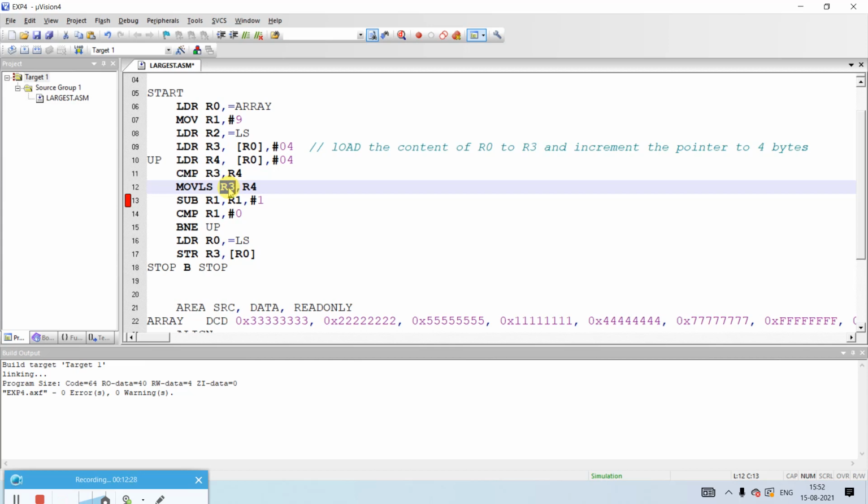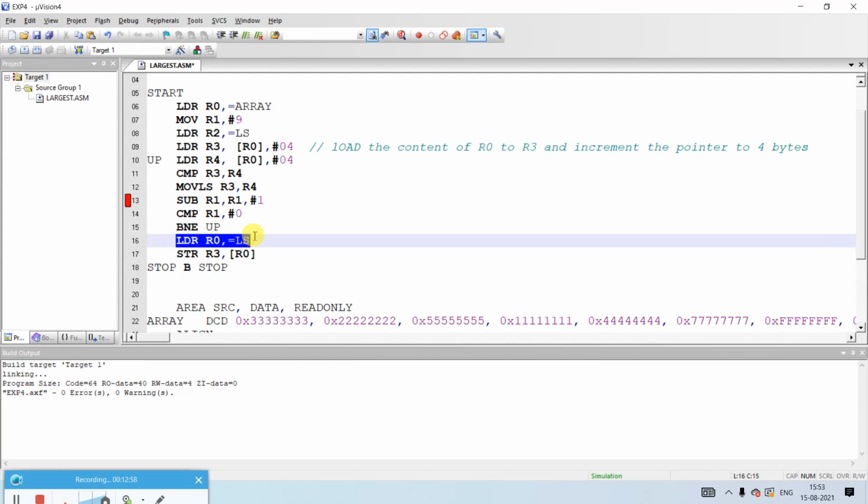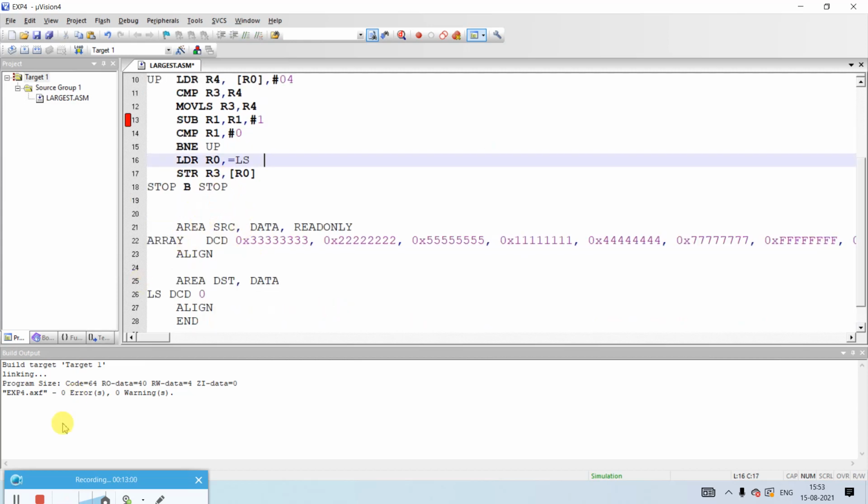Okay, now in the first iteration the final result was 3. In the second iteration the final result is 5. Yes or no? Like that it keeps on checking for each and every alternate value, and finally R3 will always hold the highest number when you have LS here. Okay, that is how we do it. Once we are done with all the iterations, at that time this will not work for you, because once it is equal, definitely B and A will not satisfy. It will come to this line of instructions. Okay, what do we do here?